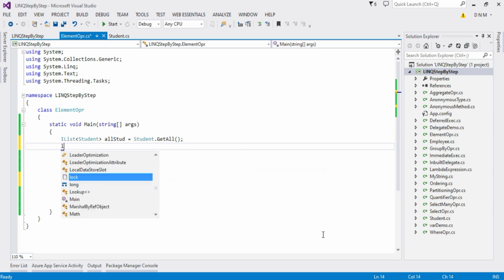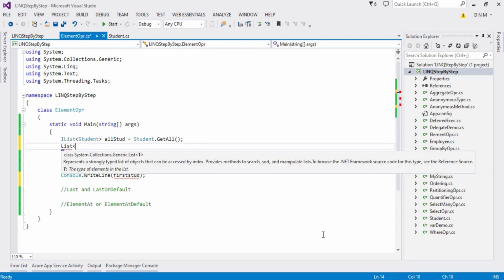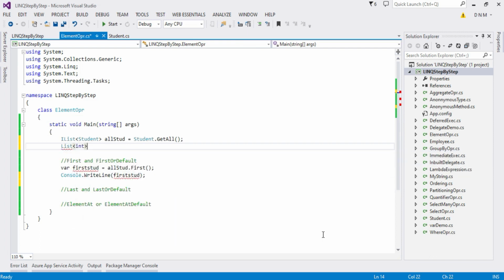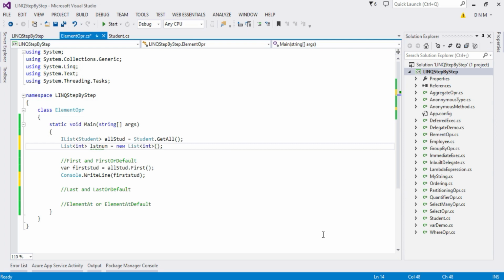So a list of integer. You can create it of string also. I'll call it lstNumber, equal to a new list. Now it is empty; we didn't put any data in it.